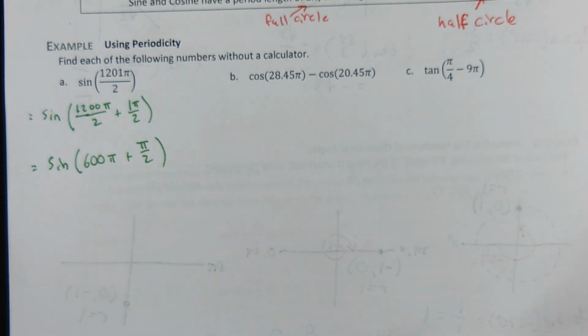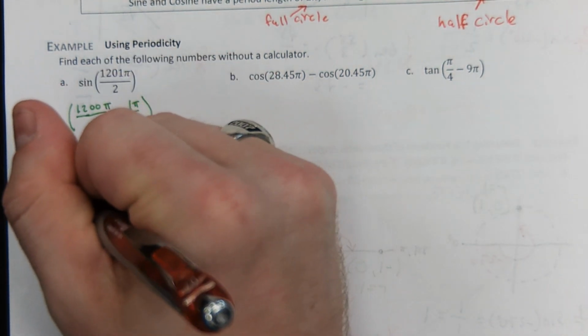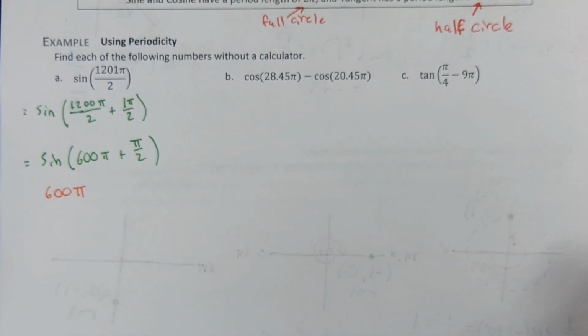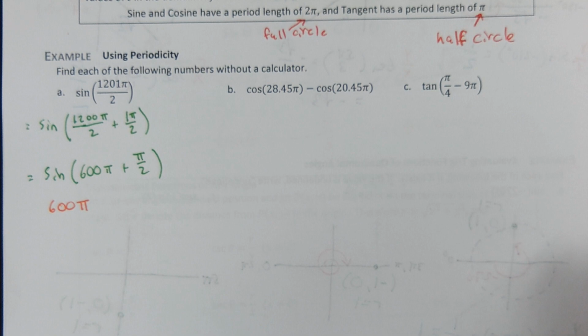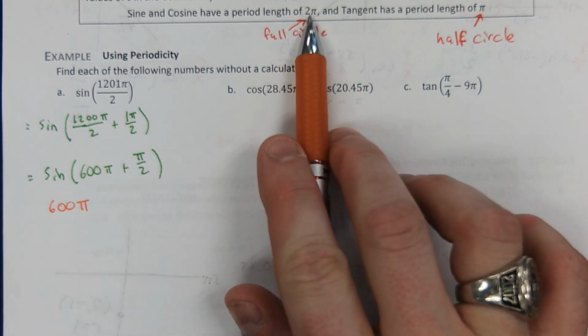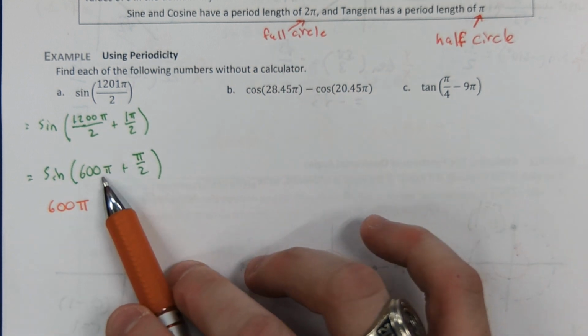Well, what is 600 pi in terms of circles? 300 full circles. Because it's a multiple of 2 pi. If you divide this by 2 pi,